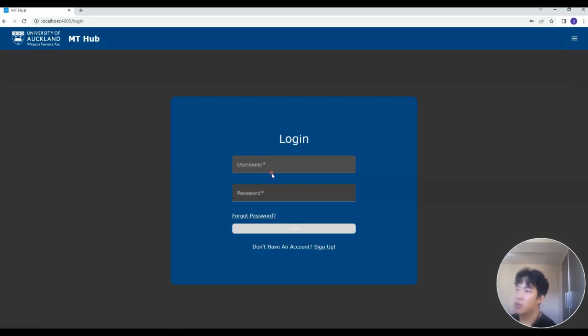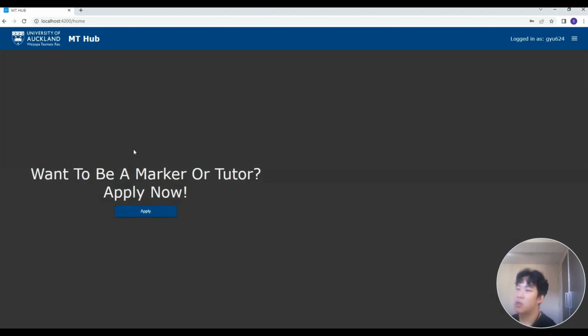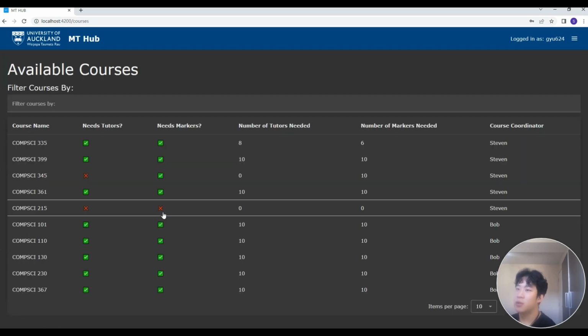After that, the user can use the registered username and password to log in. The register is only for the student occupation. It can't be used to register a course coordinator or an administrator. So I use the previous one to log in, and you will see here, after I log in, this is the home page of the student components. If the student clicks on the apply button, it will jump to